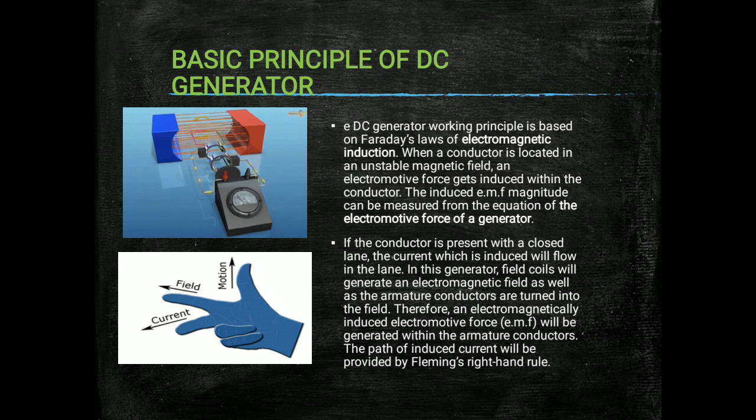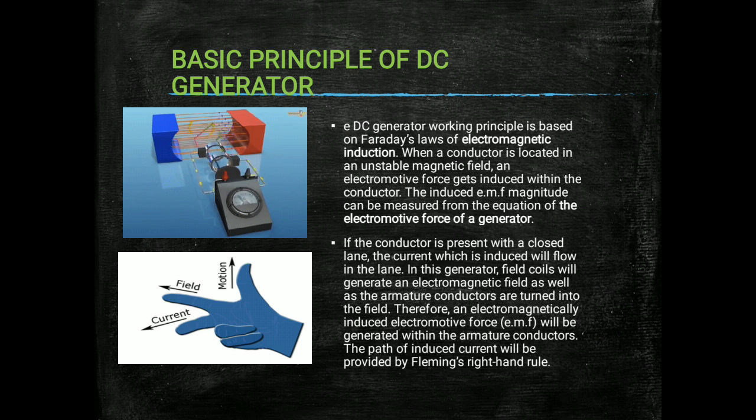Hence, according to Faraday's laws of electromagnetic induction, a voltage is induced. This is called the induced EMF. So the working principle of a DC generator is based on Faraday's laws of electromagnetic induction. This voltage is collected by the carbon brushes, which are a collecting medium, and is fed to a galvanometer, and the pointer of the galvanometer gradually moves from 0 to the negative position and 0 to the positive position. So from this GIF we can say that the induced EMF in the DC generator is alternating in nature.